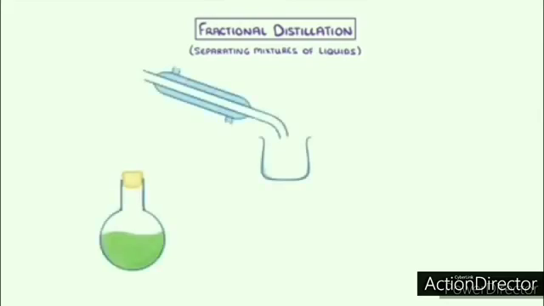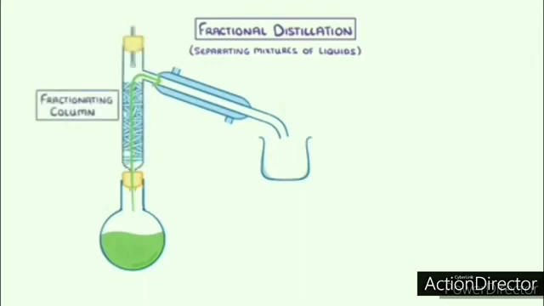It is based on the principle of boiling point. So here also we take a laboratory setup like a round bottom flask, a condenser, a beaker and a fractionating column. This is an important part of fractional distillation. The fractionating column, you can see, is a little bit longer. Why it is long, I will explain while giving the explanation.